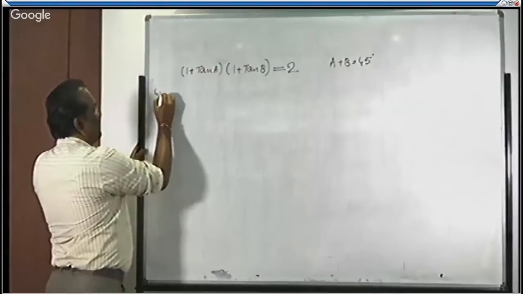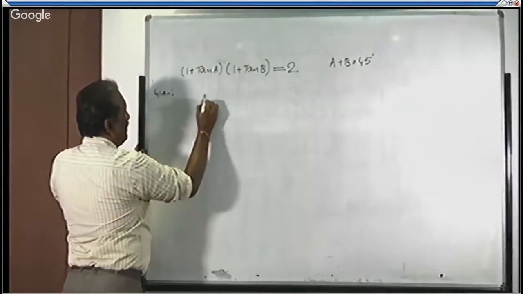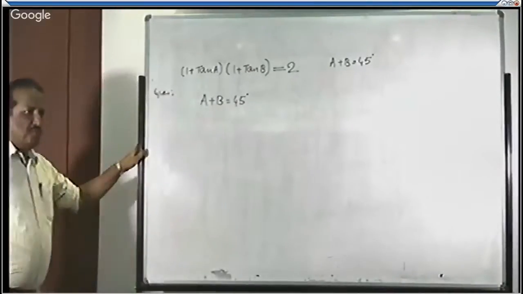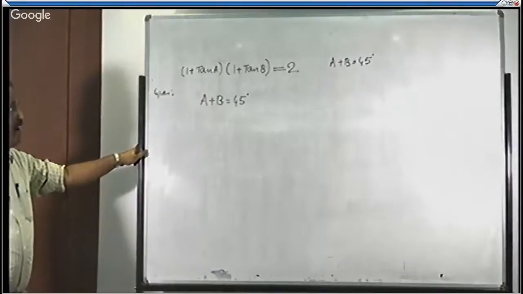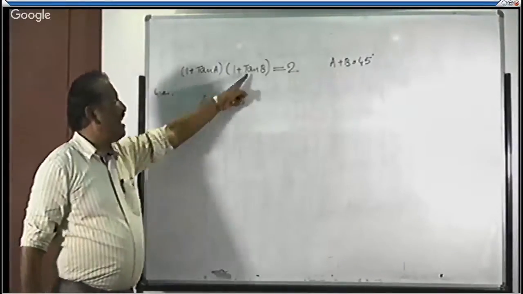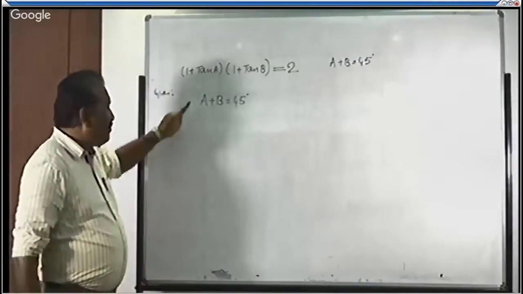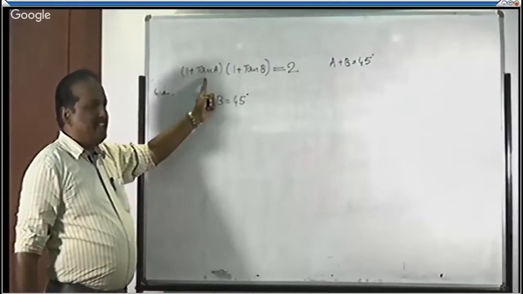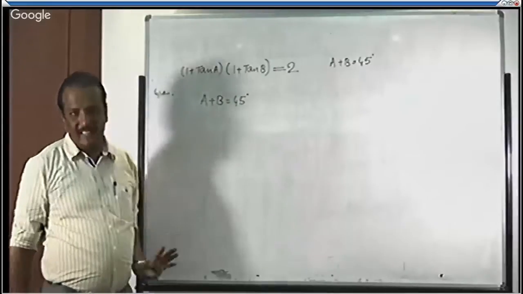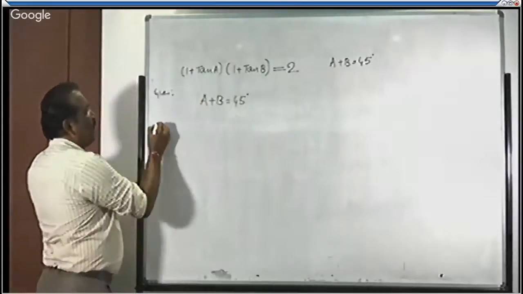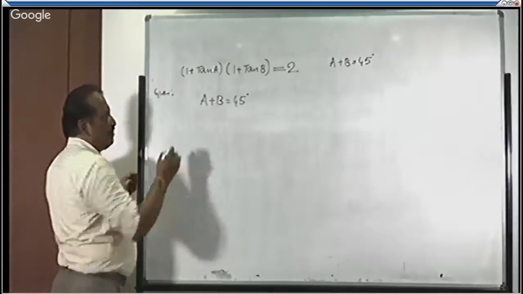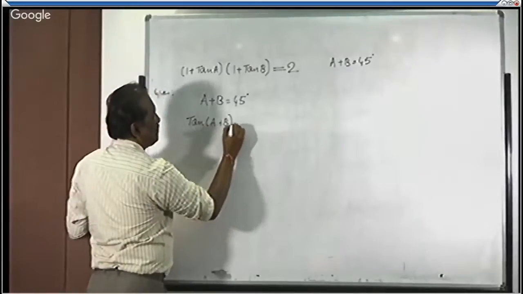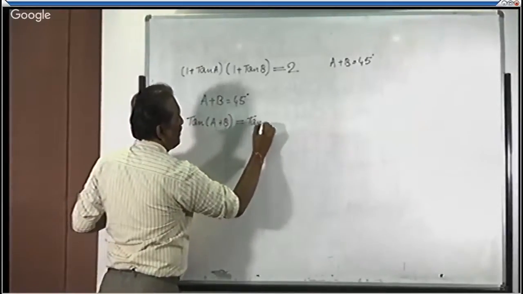So now you just take the given data. What is given? A plus B is equal to 45 degree. Observe the required expression. The required answer is there in terms of tan only, tan A, tan B. We have the data in the form of A and B. So the required data requires the tangent function, but the given data is without tan. By applying common sense, apply the tangent function on either side. So the LHS becomes tan of A plus B. The RHS becomes tan of 45 degree. I hope you understand.